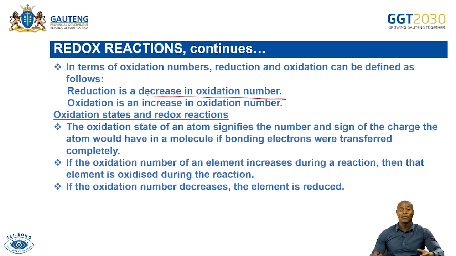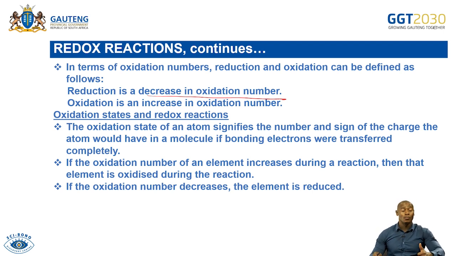We have also defined redox, what is this? Reduction and oxidation in terms of oxidation numbers, right? Now let's look at oxidation states and redox reactions. What is going to assist you to identify whether a reaction is a redox reaction or not? It is the oxidation numbers, right? So if the oxidation number changes, it means that